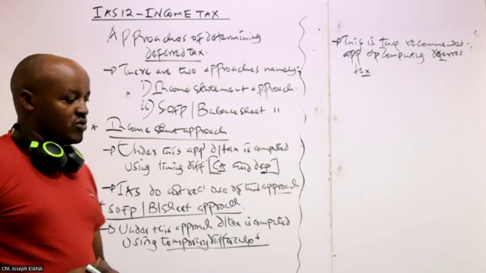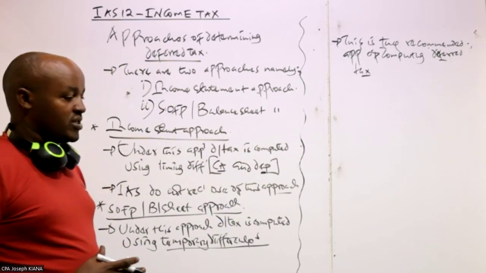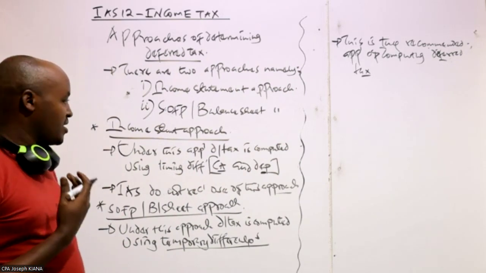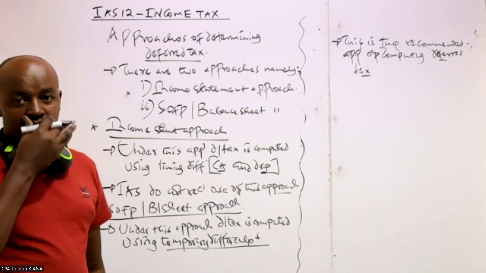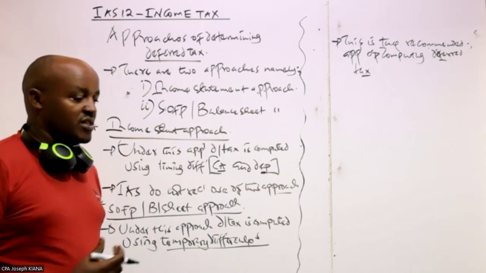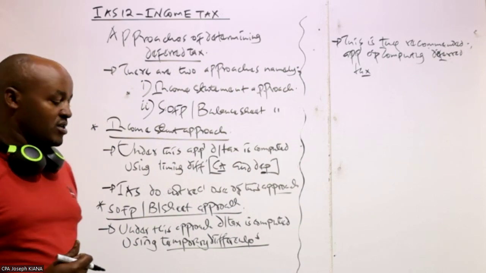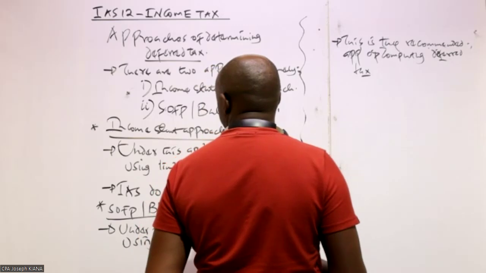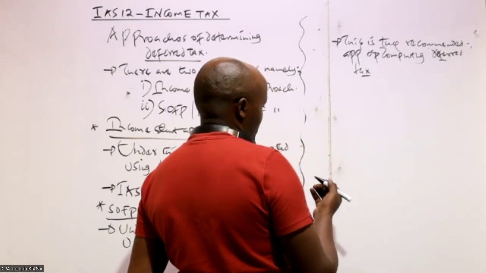So those are the two methods which may be used in computing the deferred tax: the income statement approach, whereby we compute the deferred tax using the timing difference, and the balance sheet approach, whereby we compute the deferred tax using the